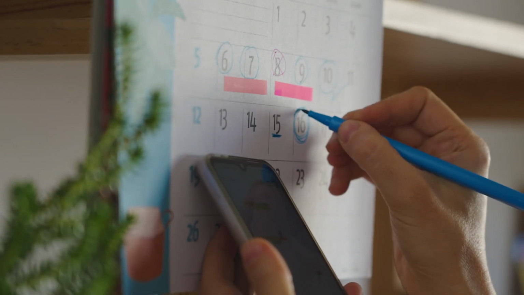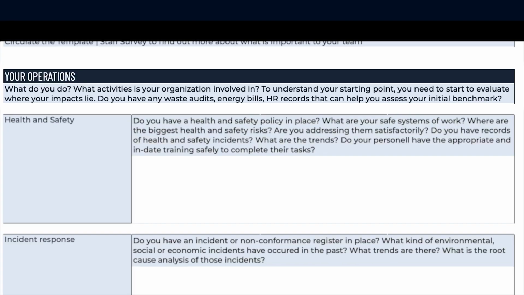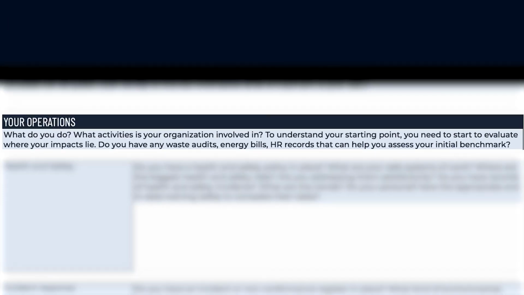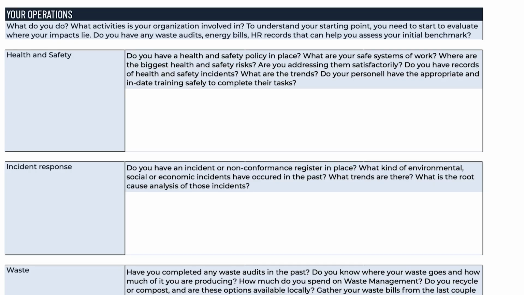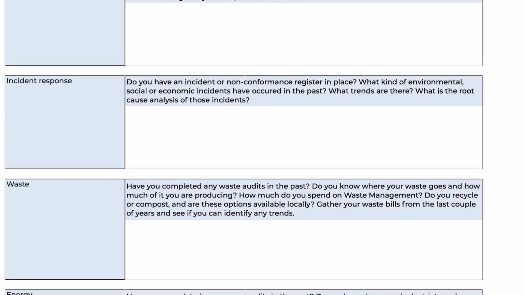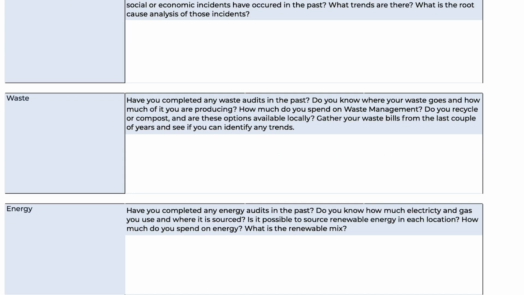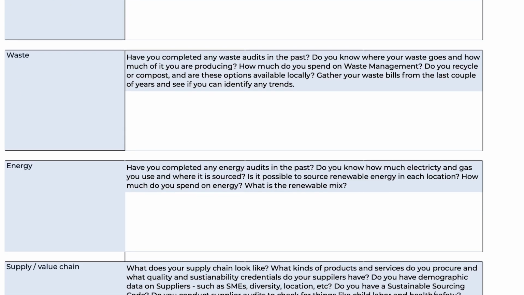Next is your operations, and this pertains to the day-to-day running of your organisation. To understand your starting point, you need to evaluate where your impacts lie by taking a granular look at your activities. The sections in this theme are also reflective of the data you will be collecting in the tracker templates in Step 7, Tracking Progress, which means what you identify here will be what you monitor as you deliver your